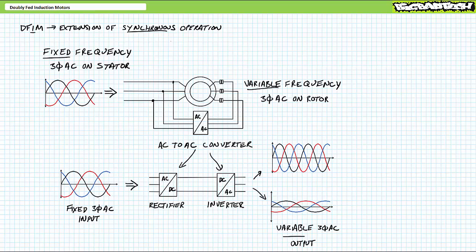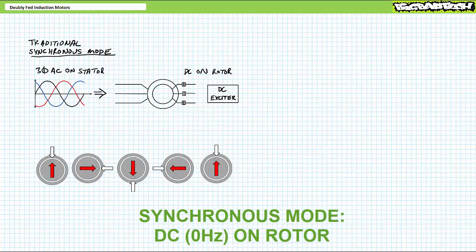As with the stator, 3-phase AC on the rotor creates a rotating magnetic field. The two rotating magnetic fields lock into one another and the rotor is physically dragged along. Again, even though in practice this is called a doubly fed induction motor, I must again remind the viewer this is still synchronous operation. As a means of demonstrating my point, let's begin with slow motion analysis of regular synchronous